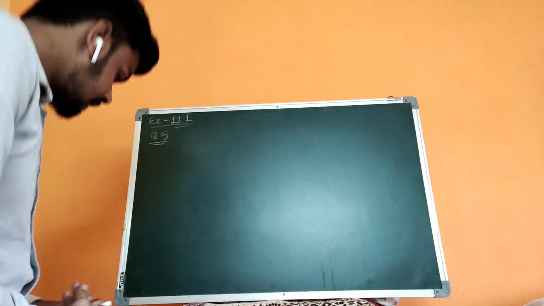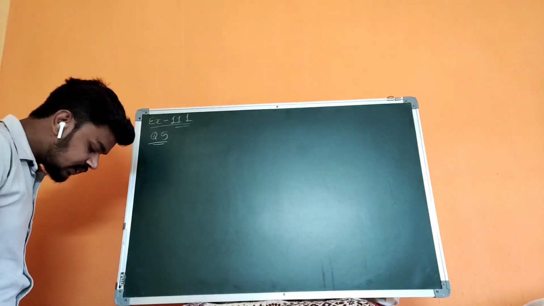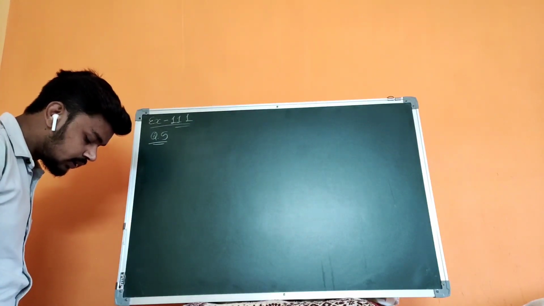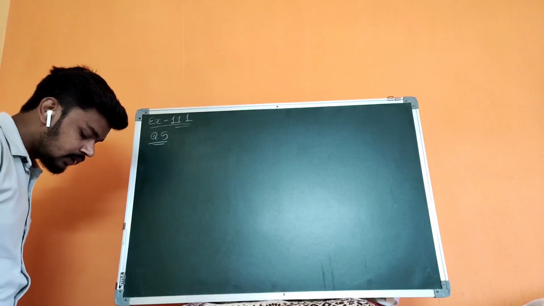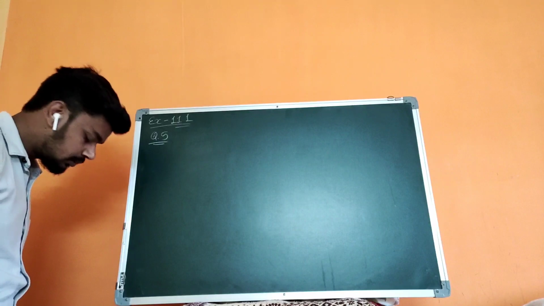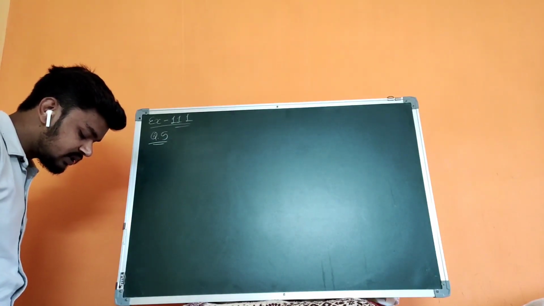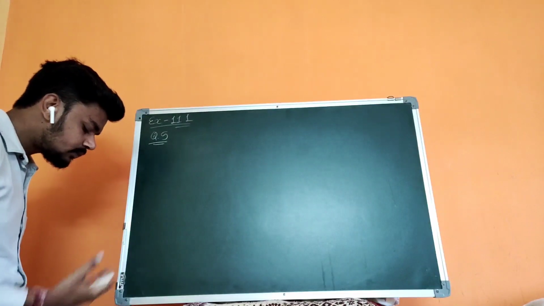Hello student, so in the last lecture we are already done with question number 1 to 4 of exercise 11.1, right? So let's continue with question number 5. Question number 5 is: Tina wants to put a lace on a piece of cloth 50 centimeter in length, 25 centimeter in width or breadth. How much lace will she need to put around it?